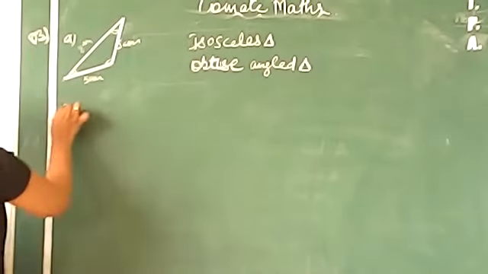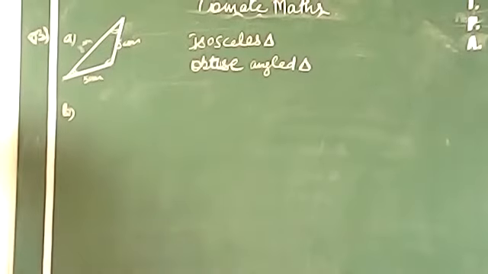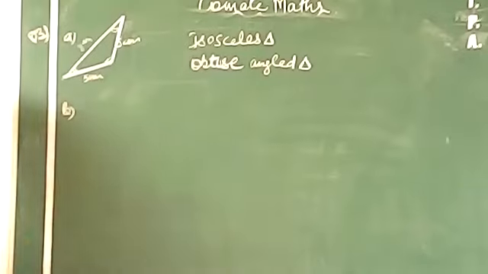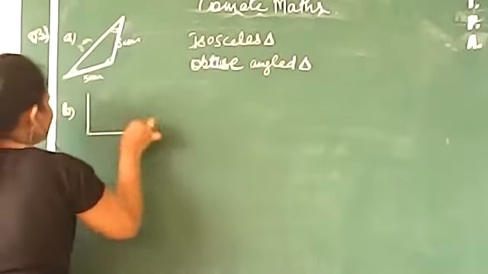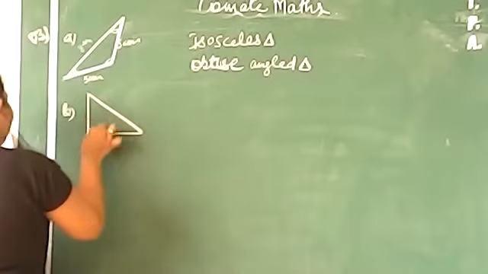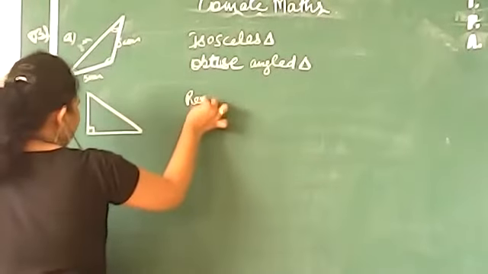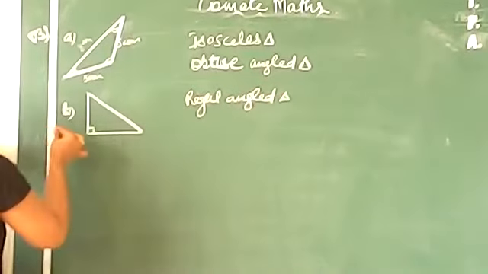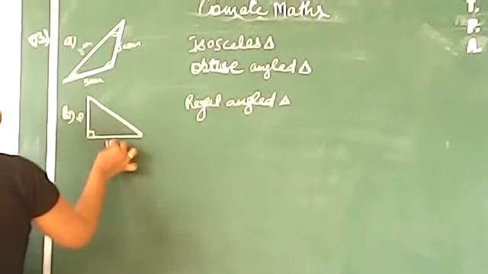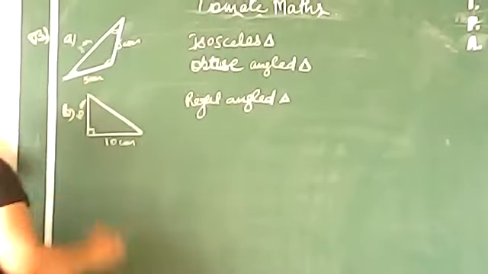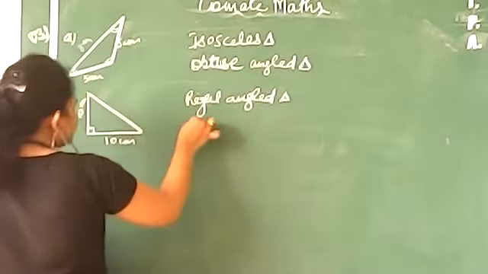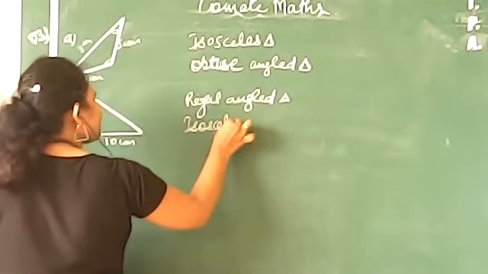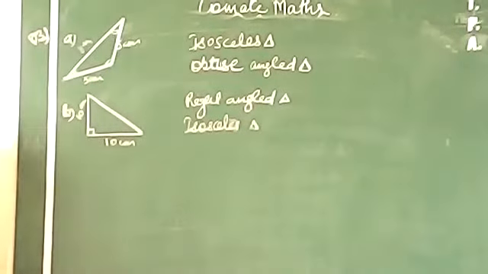Who are having any confusion in the names of triangle, please watch the recording related to triangle pattern. We have done this exercise. Okay? Question number 2. The triangle is drawn in this way. This is right angle. So the first name is right angled. And second name, if you observe, this is 10 and this is 10. 10 centimeter, 10 centimeter means what? Isosceles. Two sides are given. So this is isosceles as well. Okay? Both the names are done.